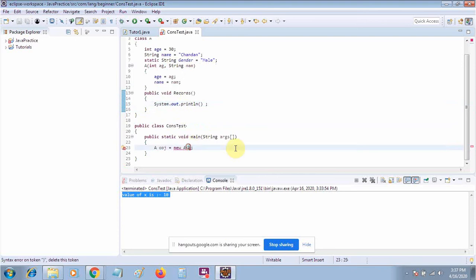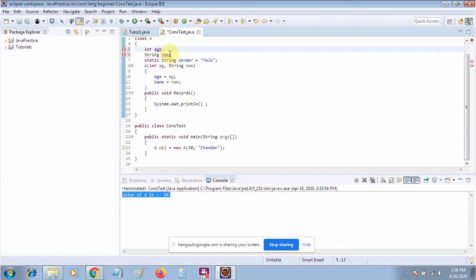Okay, first pass the two parameters. The first will accept the age as integer, then the second will accept the name as a String. So instead of giving the value here, I am now passing some parameters.